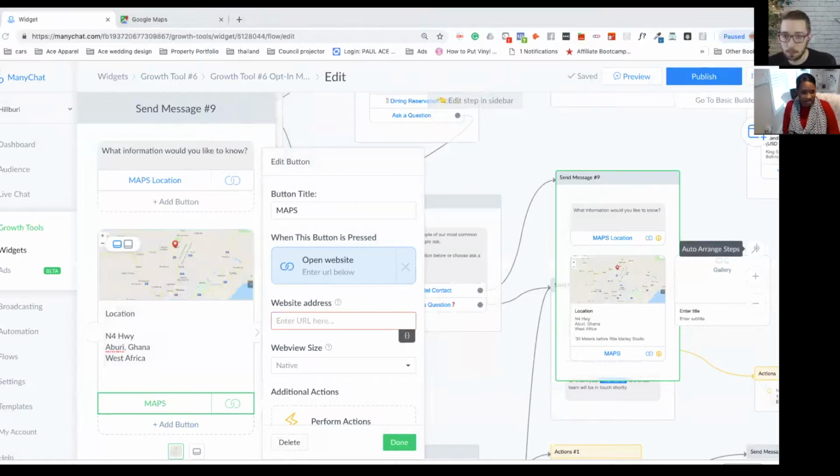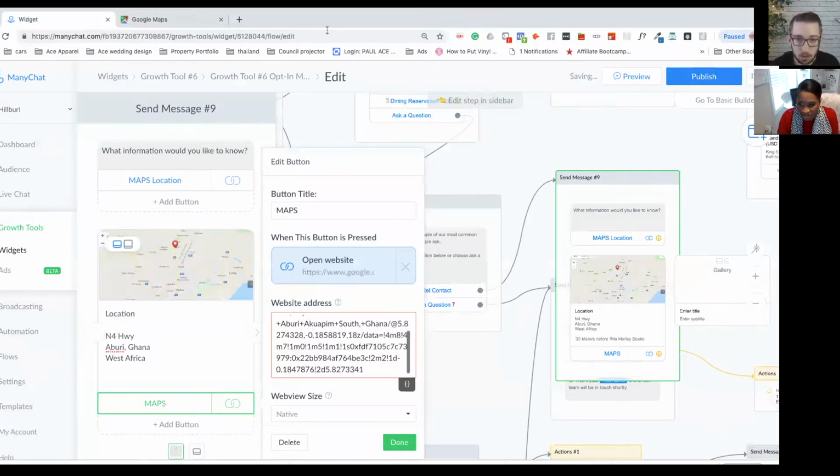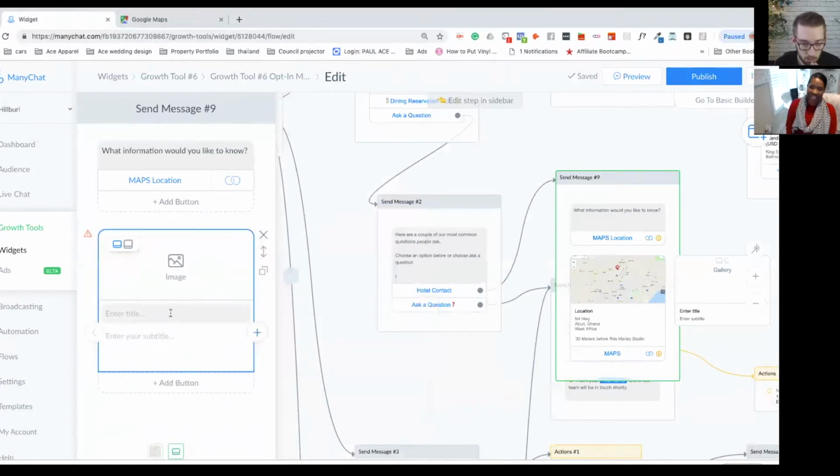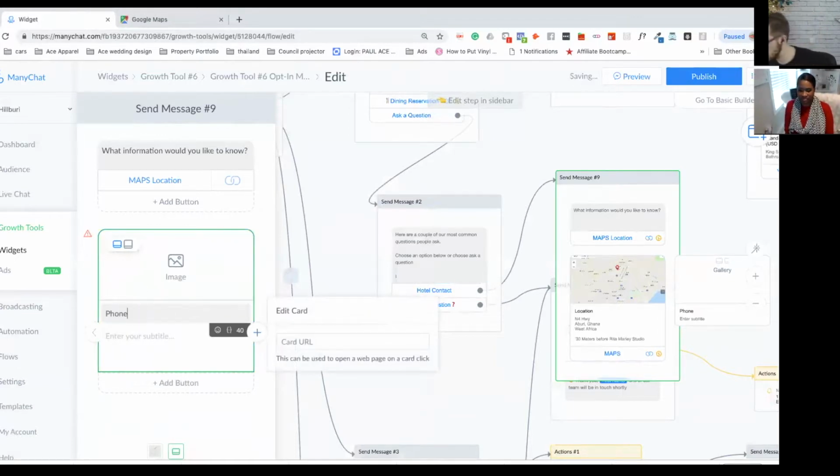Let's grab your... yeah. Oh, the bottom one. Oh, is that me or you? That's me, it's me. Oh, okay. It's all good, it's all good. Awesome. Right, so now you've got that in there as well. So you've got maps, and then you've got... We're going to put phone number in there as well. Yay! That so rocks. I love it. Phone, and then